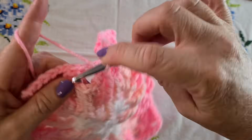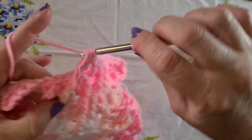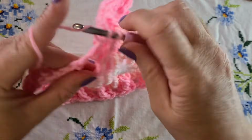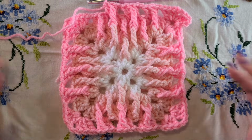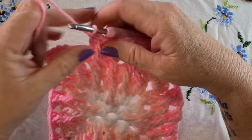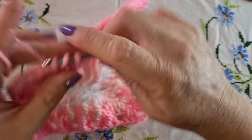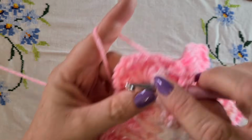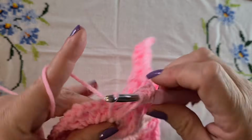So I'm sure you've seen by now that this is a deceptively simple, very simple square, but enormously effective, and certainly would make a wonderful blanket. It'd look great in a bag, or even a cardigan if you're that clever. Chaining 1 and going into the next space. It really is as easy as that. Coming around that center stitch from that cluster in the corner,